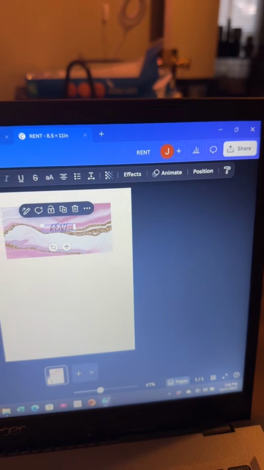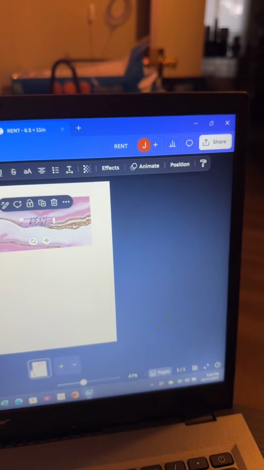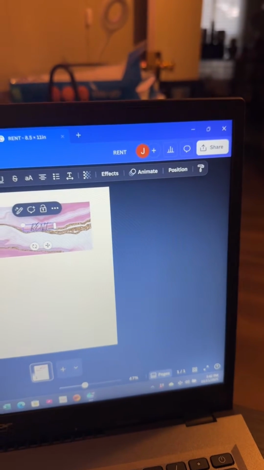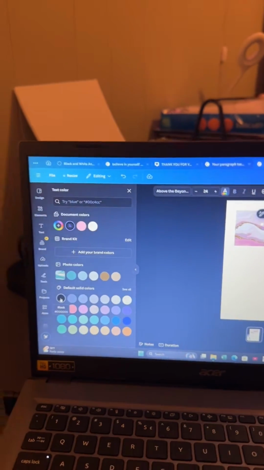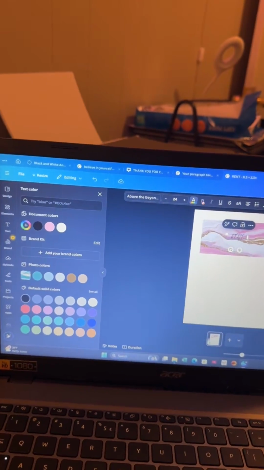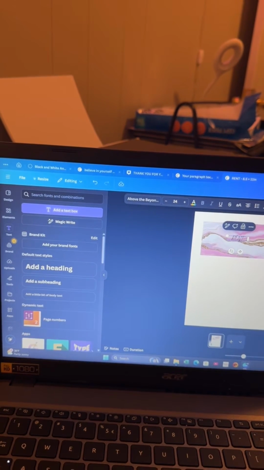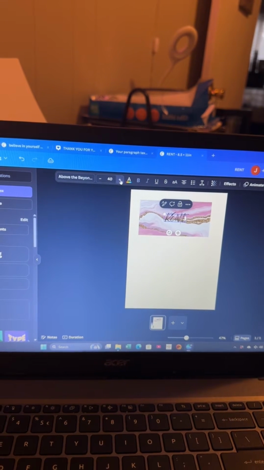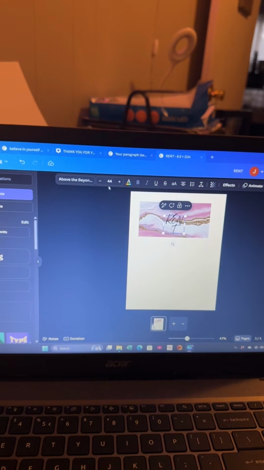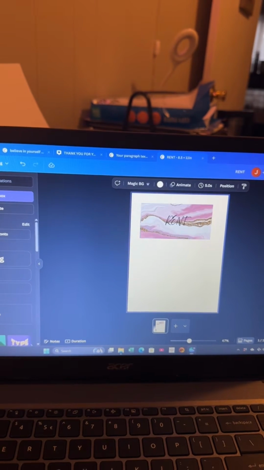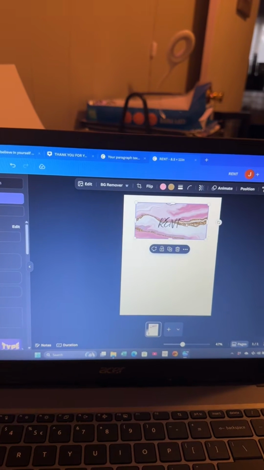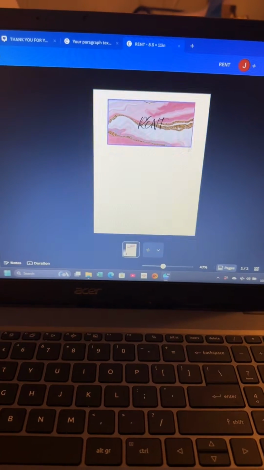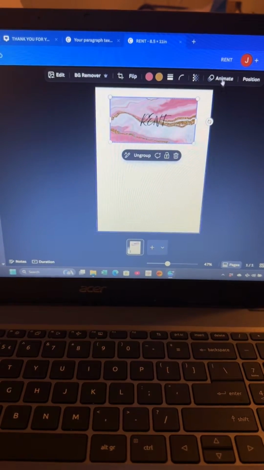I'm gonna change the color a little bit. And once that is done, you can check your size. I'm gonna do 44. Now you want to make sure this is at the top and not all the way at the top, because you're going to want to print it. Now that you've done that, now we're going to take it, and we're going to